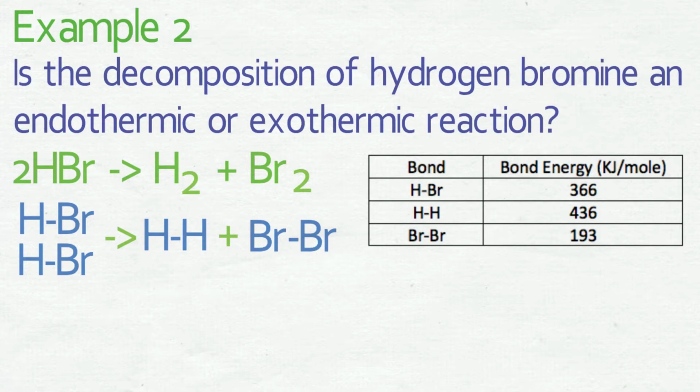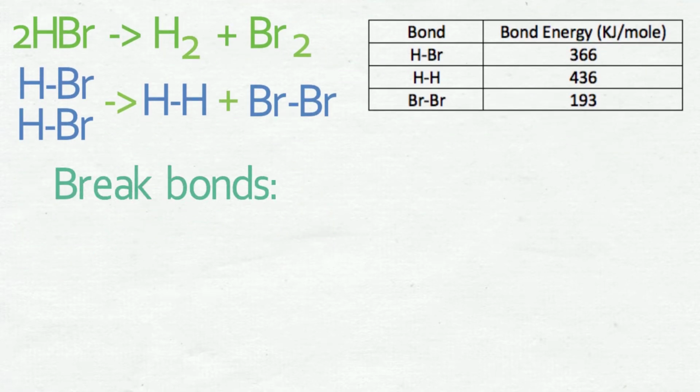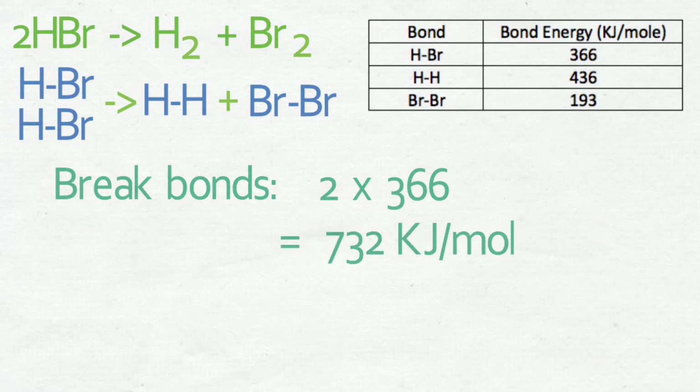The first step to answering this question is to work out how much energy is needed to break the bonds. The bonds that are being broken are the H-Br bonds. There are two molecules of hydrogen bromide, and within each molecule there is one H-Br bond. Therefore, there are two H-Br bonds being broken on the left-hand side. We therefore do 2 times the energy that is needed to break one H-Br bond, which is 366. When we times 2 by 366, we see that the energy needed to break the bonds is 732 kilojoules per